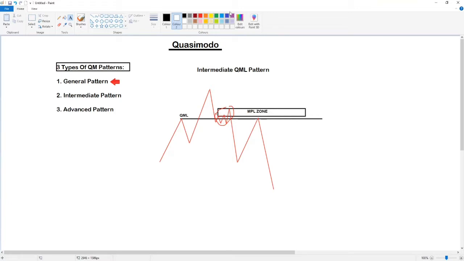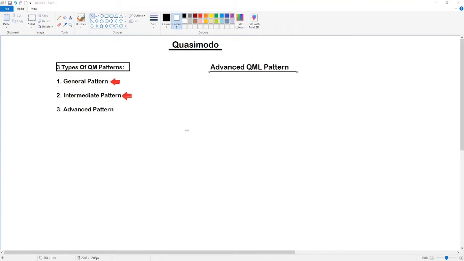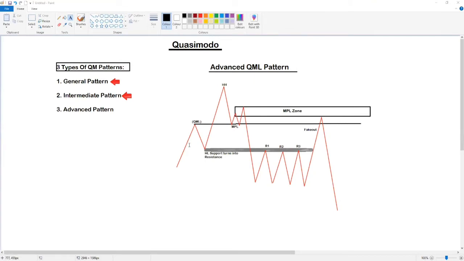So let's move on to the advanced Quasimodo pattern. Now, it's similar to an intermediate pattern, just that we have another bigger MPL. Let me explain. So in a context of a sell scenario, again, you have this higher high, higher low, higher high, right? This QML level forming, this MPL forming, similar to the intermediate pattern, this engulf of this demand zone over here, right? So this bearish engulf, and then this support that was formed by the low, forming or turning